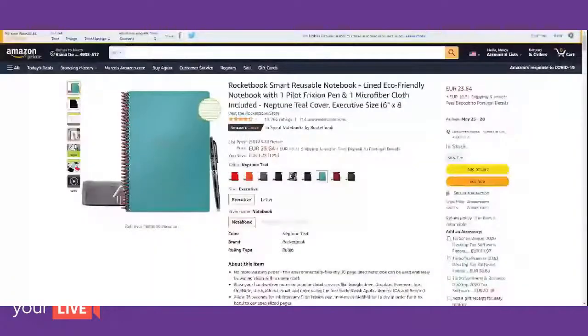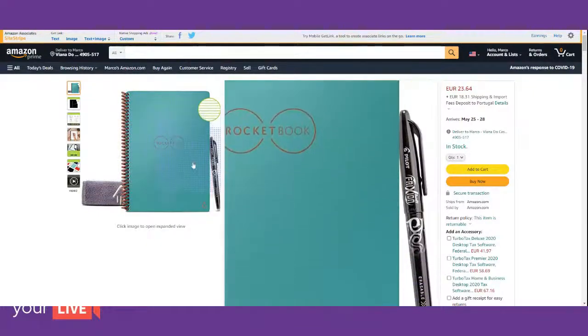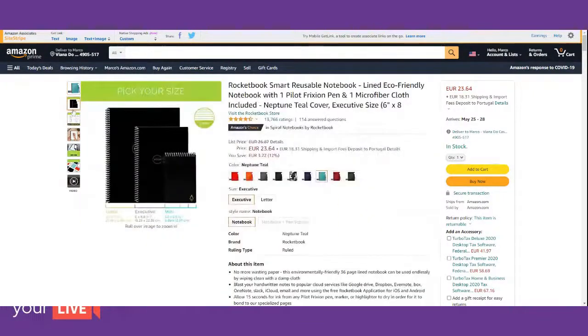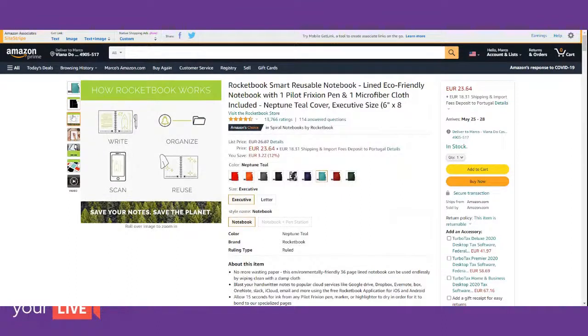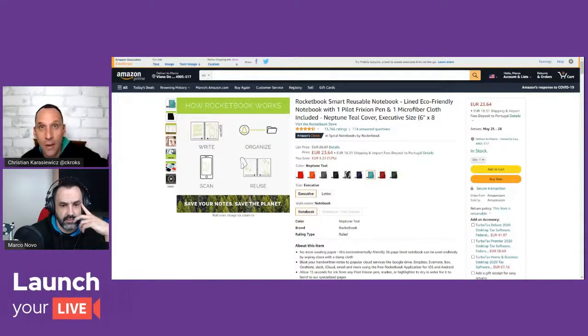And for something like that, what we're going to recommend is this. This is the Rocketbook. As you can see, it's a reusable notebook. Great thing about this reusable notebook, and we talk about it quite a bit, actually. The way that it works is basically, here, let me just go and let's do this. Yeah, so basically it's a reusable notebook. You can write in it just like you would on a piece of paper, but it's got a really cool feature, and it's the fact that when you're finished, you can actually check various options on the page of what